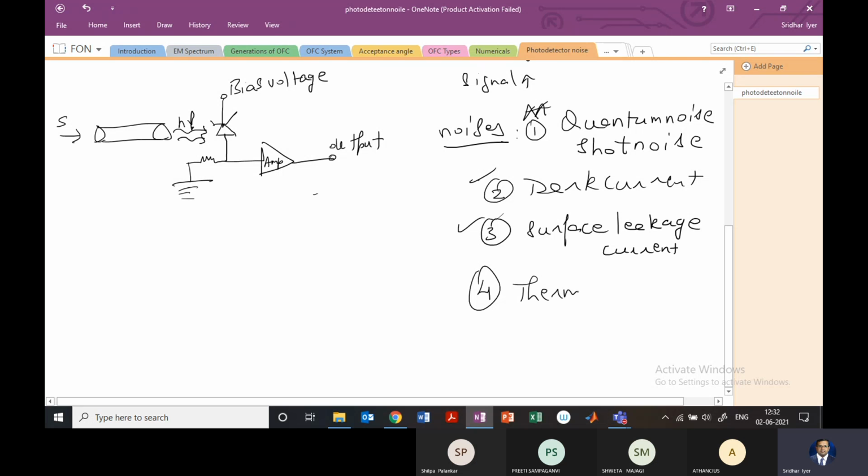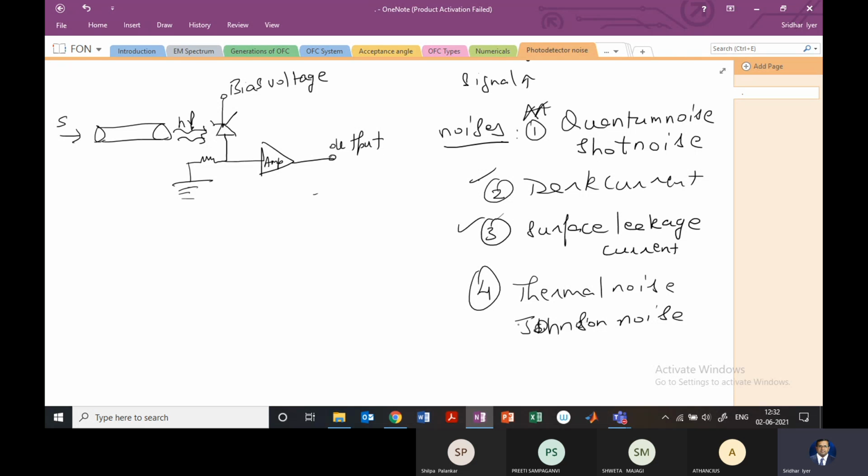And the fourth one, actually this is the most important, but I thought I'll mention it towards the end. It is known as thermal noise, also sometimes known as Johnson noise. And this is the noise arising due to change in the temperature. So if a device is kept at room temperature, it works in a different way. If it is working in a very heated condition, outside temperature is too much, then it works in a different way. So that leads to thermal noise, right?